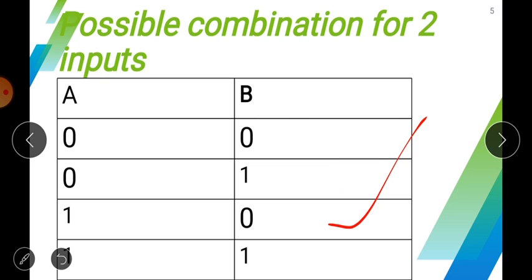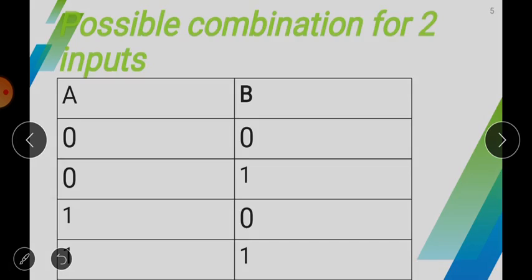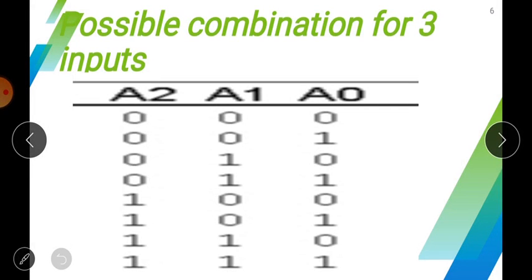So in the first column, starting from this side, starting from B, first of all you will have to write 0 then 1, 0 then 1, 0 then 1, and then moving forward you will have 2 zeros and 2 ones in continuation. And if you have any third variable, as you can see in this figure, you will have 4 zeros and 4 ones. So this is the way you can prepare the table with the possible combinations of all the inputs.